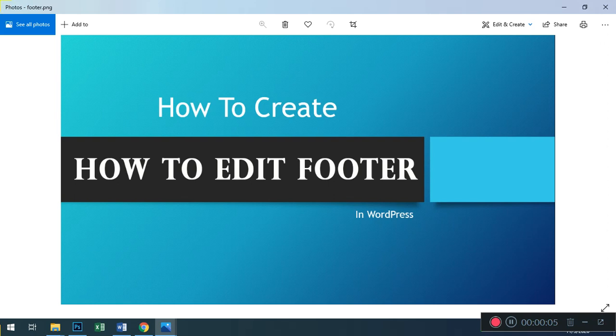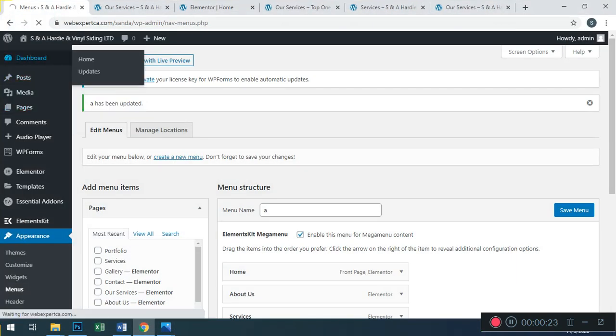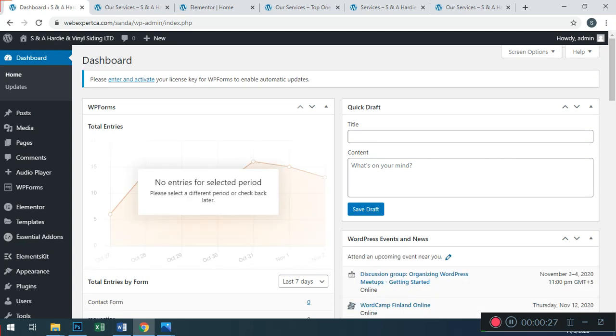Now at this time we will teach you how to edit the footer of your website in WordPress, how to create or edit footers in a WordPress website. Let's see how to manage this website. First of all, go to the dashboard of your desired website if you have one. Otherwise, keep watching and you will learn how to manage and create the footer of this website.